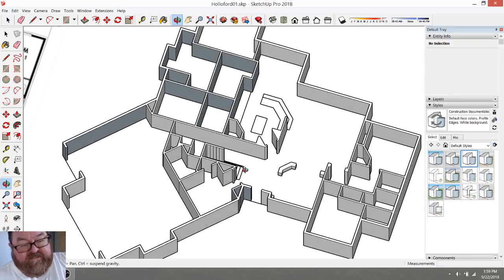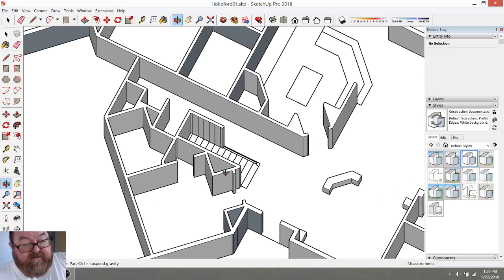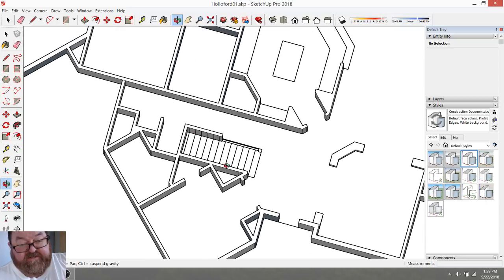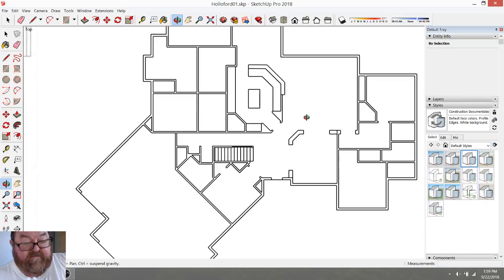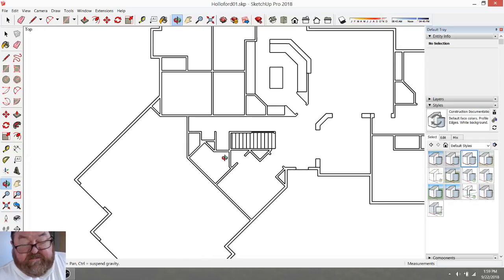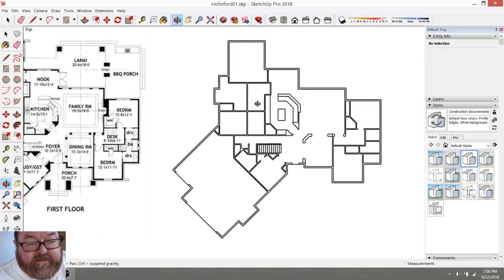And if I wasn't sending this to the owner as a 3D file, that's what I would do. I would set it up as a 2D file, like a floor plan, and I would send it to him and say, hey, what do you think about this? It's 2 o'clock already. I need to eat lunch and get my energy